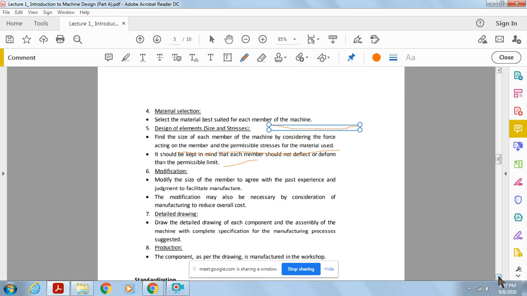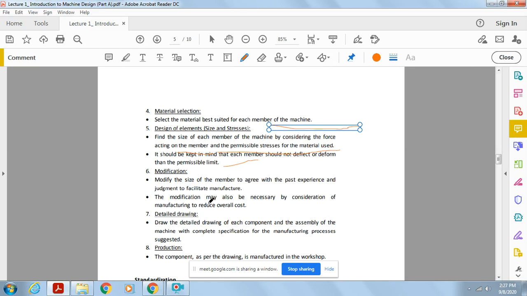Now this allowable load must not increase beyond the limiting load or the failure load. If the allowable load increases and becomes equal to the failure load, what will happen? The material will break, the material will fracture. That is why the allowable load must always be very much less than the limiting load or the failure load. This is a constraint we must think twice about before designing.